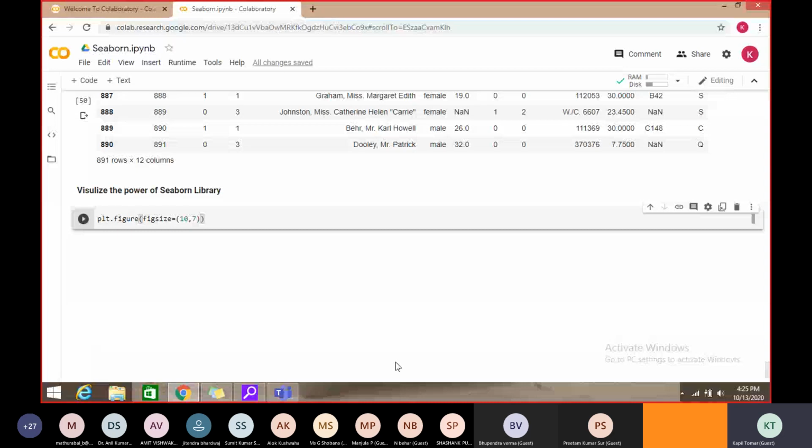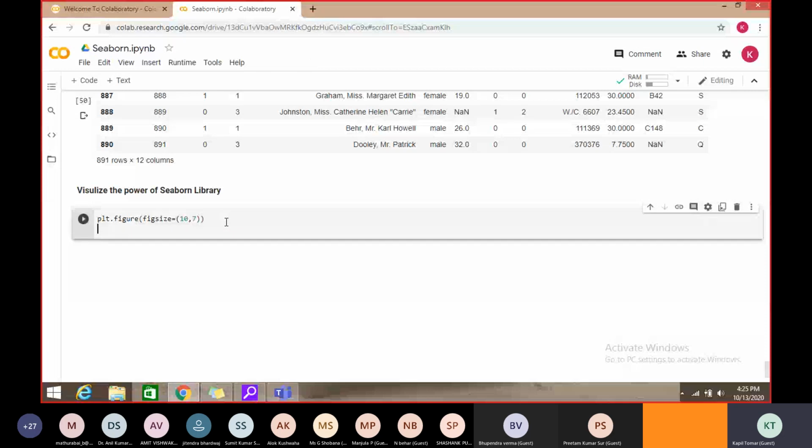So 10 is the length of the figure, and 7 will be the height, or you can say width, of that figure. Now we just call one method, sns. sns is the alias name of the Seaborn library.